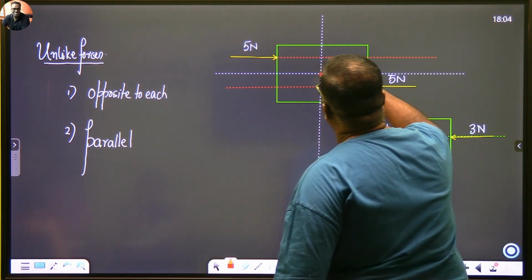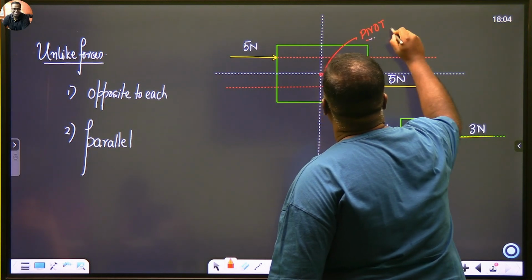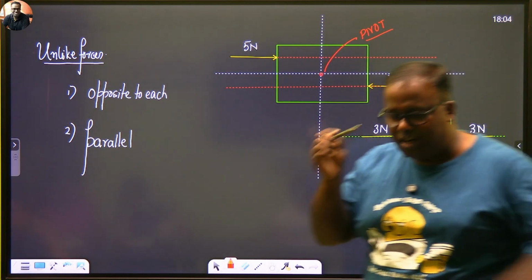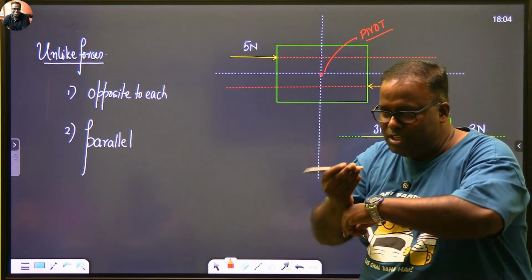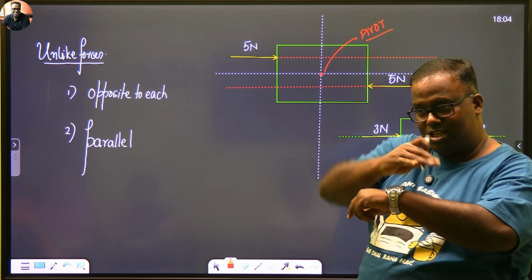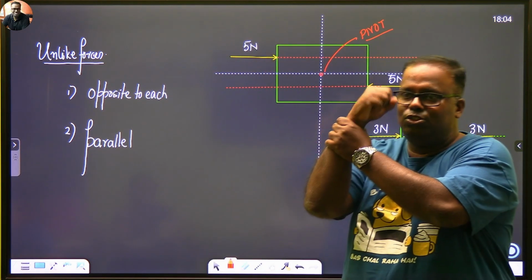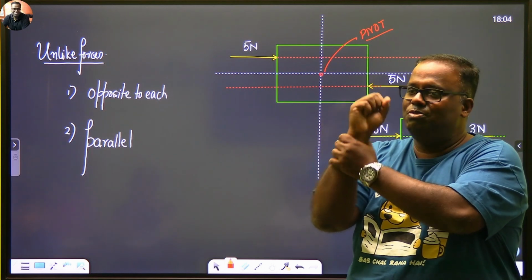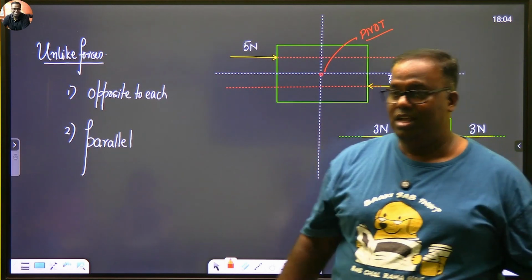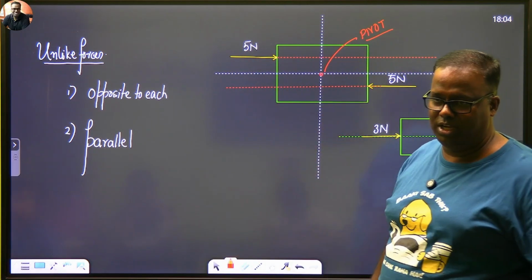ऐसे पॉइंट को हम बोलते हैं पिवट। न्यू वर्ड, पिवट। घड़ी का कांटा देखा है? It is on a pivot. A pivot is a point around which a body does rotational motion. And when you study biology, the first pivot on your body is the wrist. Neck is also a pivot. समझ में आया? जब आपने पिवट कर दिया तो पिवट के चारों ओर आपका बॉडी घूमना शुरू हो जाएगा।